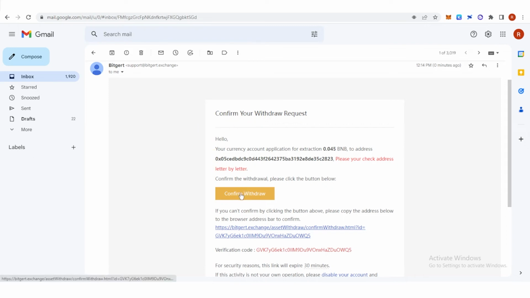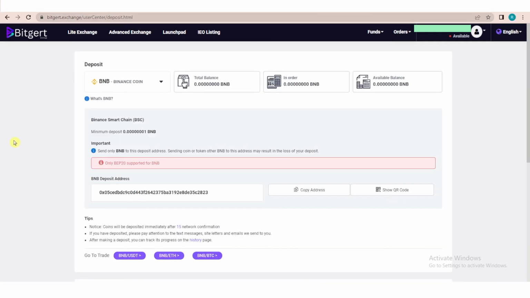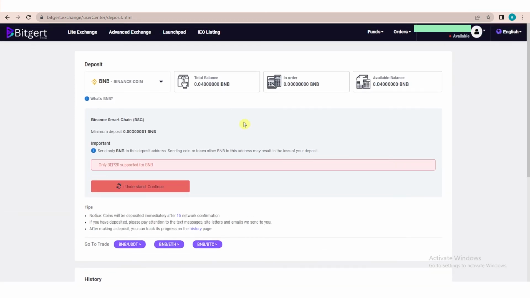Click confirm withdraw here. And then you can see that the withdrawal is successful. So let's just wait for the other account to receive the BNB token. And as you can see, we have received 0.04 BNB token, and you can see here the status that it was confirmed. So let's go to our wallet here,